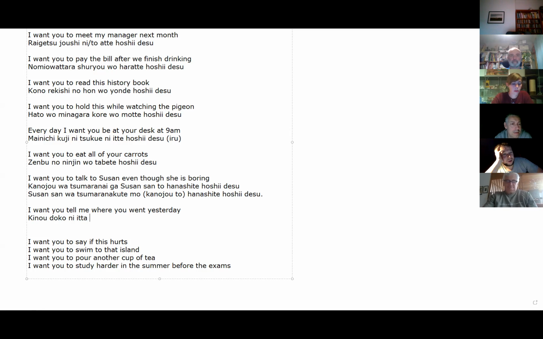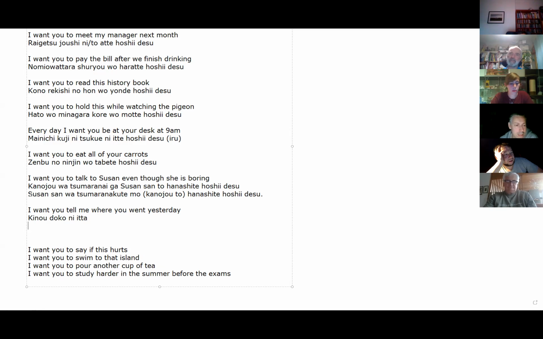And then hanasu? No. Or to tell is oshieru? This means to teach. You can use this, but it sounds a little bit strange. This means to say, but there's actually a specific verb. Nothing you know you can use. Good, exactly this. Tsutaeru. This is the same kanji as the den in Shinden and Jikiden. Tsutaeru. Okay, so kino doko ni ita.